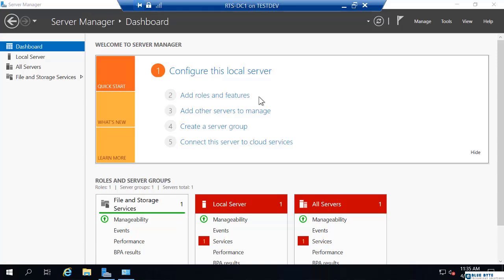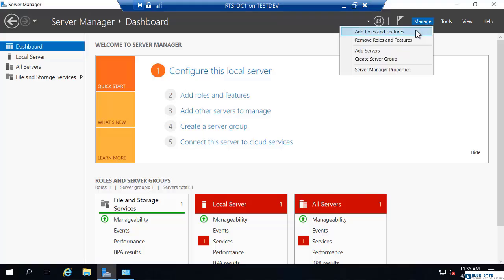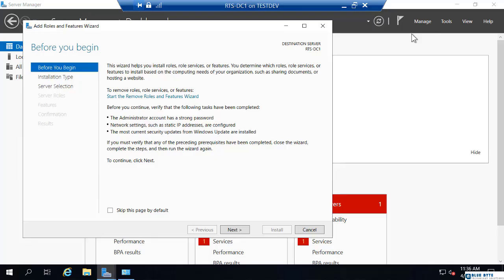Now that I know I meet all the prerequisites, you can click Add Roles and Features in Server Manager. That's on the Dashboard tab. Or you can click Manage and Add Roles and Features is here as well. Once I select that, it's going to carry me to this Before You Begin, which gives you some basic information